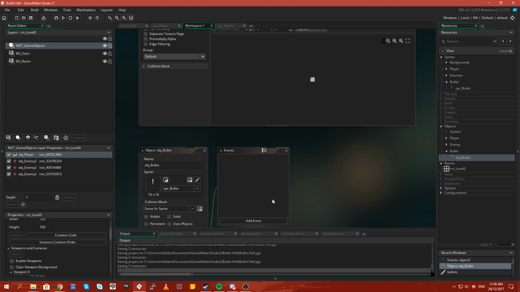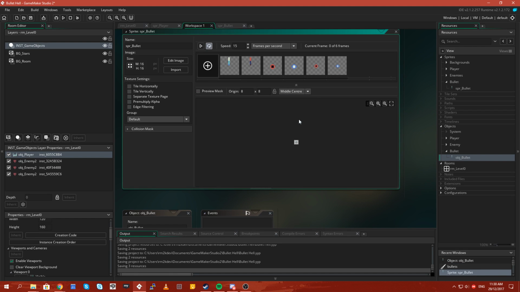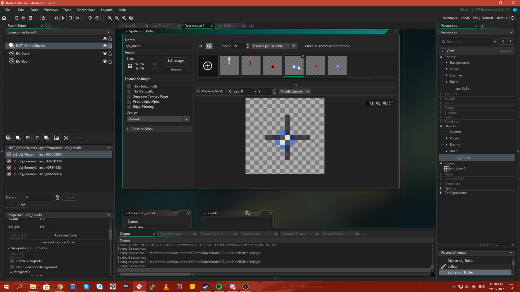And we will also middle center these. Yep, this is as good as it's going to get. Oh, they are centered. Obviously this one can't be, because it's 4 by 4, but that's fine.